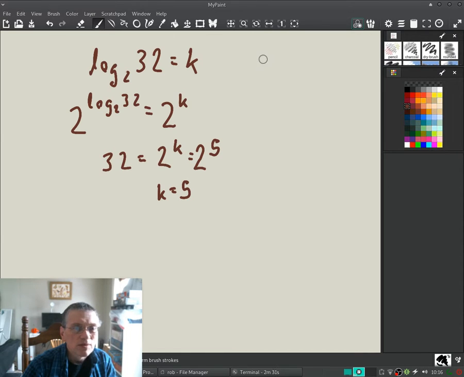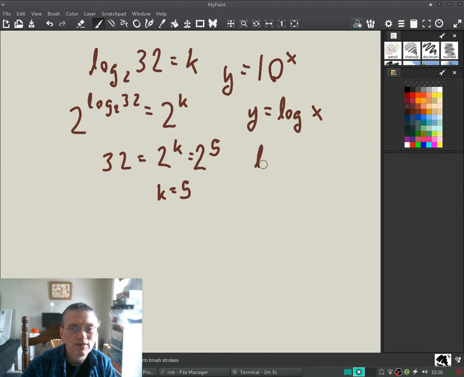Okay, we rarely deal with log base 2 once we get out of getting our sea legs for how logs work. But if you have 10 to the x, the inverse for this function is the common log, just the word log. So if you have log 10 to the 2, these are inverse functions, and it just